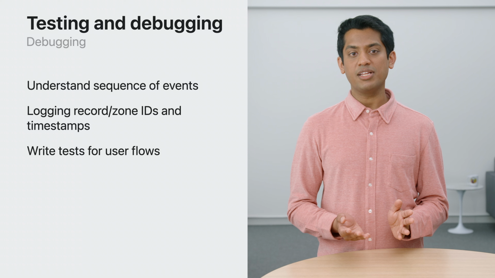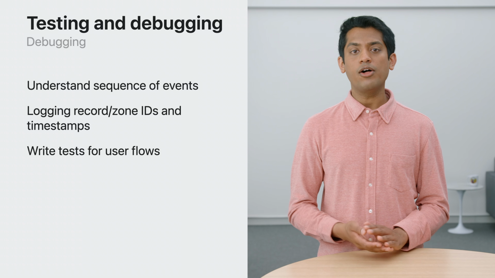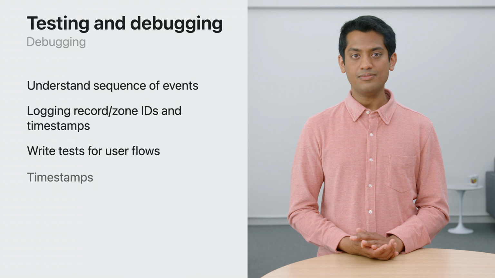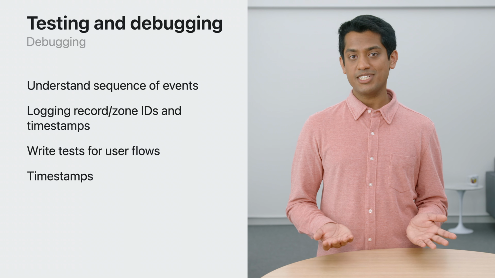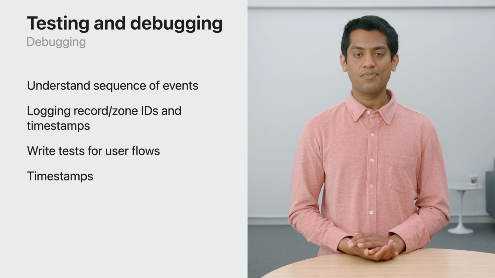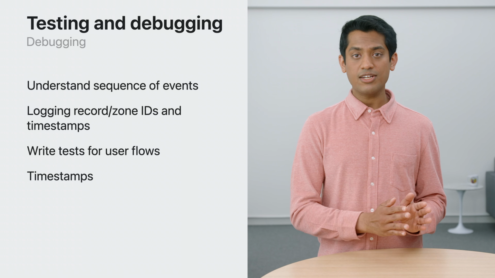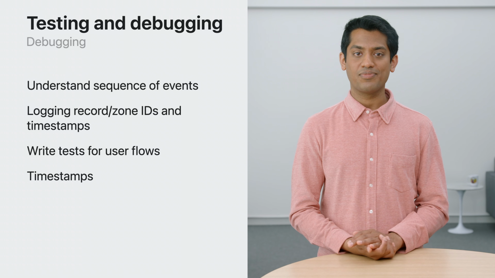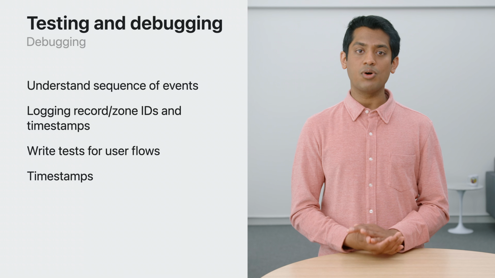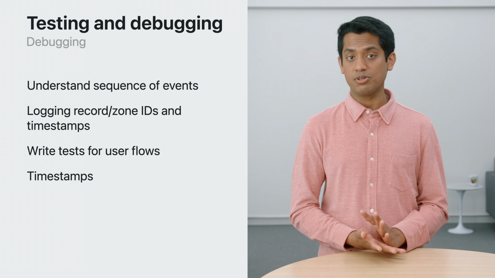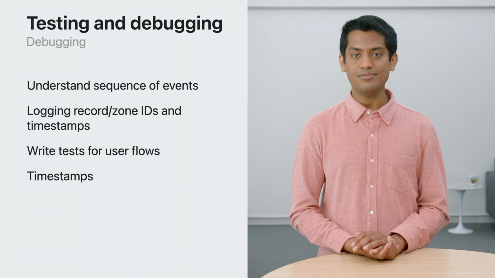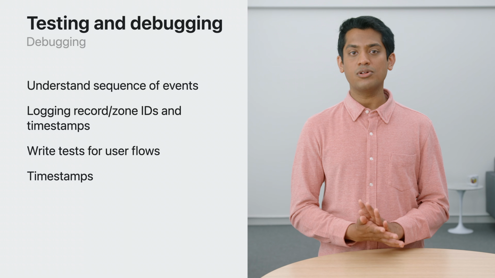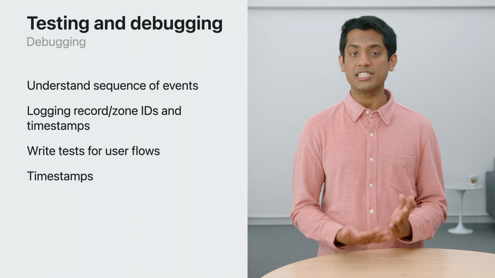Writing tests that simulate each of your user flows will help maintain stability as you grow your codebase. Look at timestamps when piecing the puzzle together. You may only have a few sync operations happening, or you may have many in a short time. Ensuring you're tracing the right ones is key to debugging amongst multiple devices. These steps will help create and maintain a reliable, long-lasting application using CK Sync Engine.